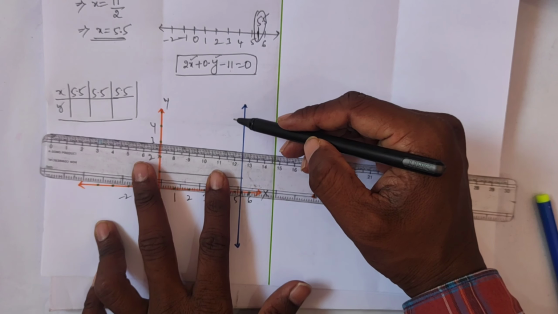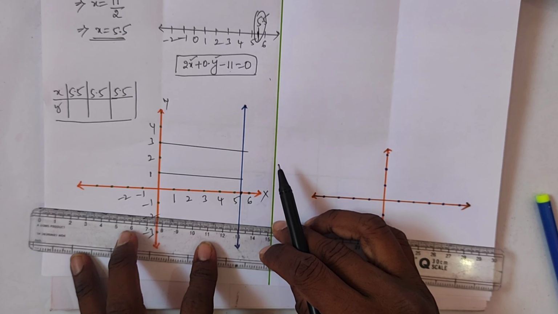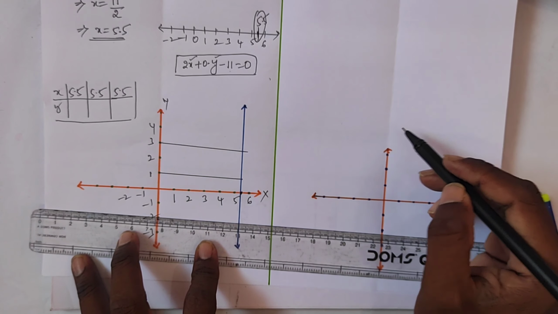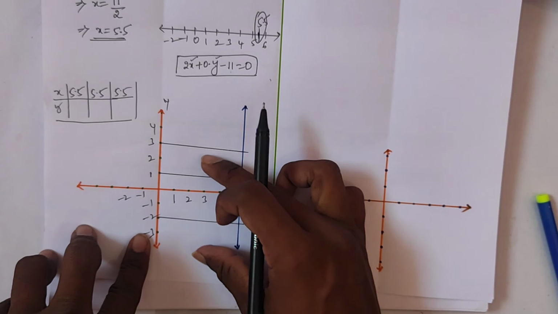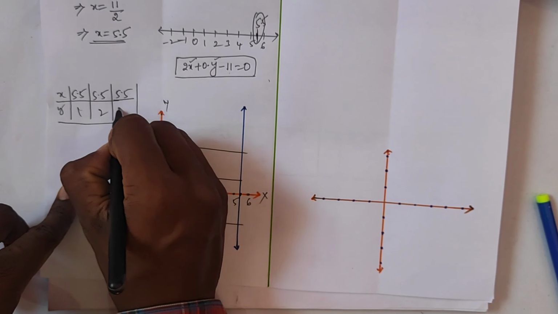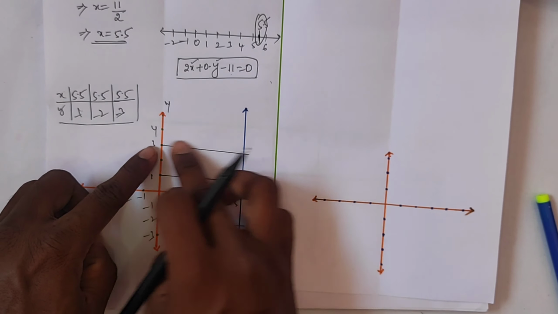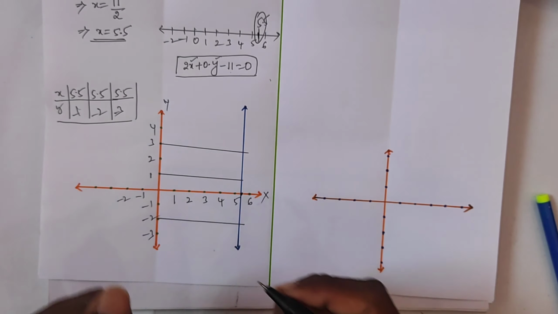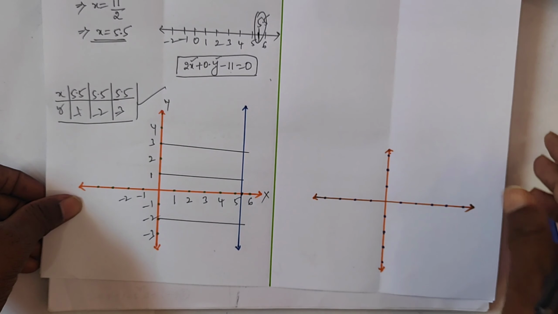You get here 1, 3. See, okay, sorry, it's a one cross. Okay, don't mind. Like this. See, these are all parallel, right? So you can get here what? You get 1, 2, 3, or minus 1, minus 2, minus 3. Infinite solutions. These are all parallel only. Minus 3, minus 2, minus 1, 1, 2, 3, 4. Because these two are parallel lines, we'll get infinite solutions like this.